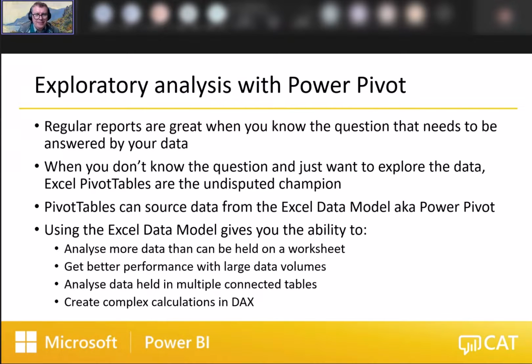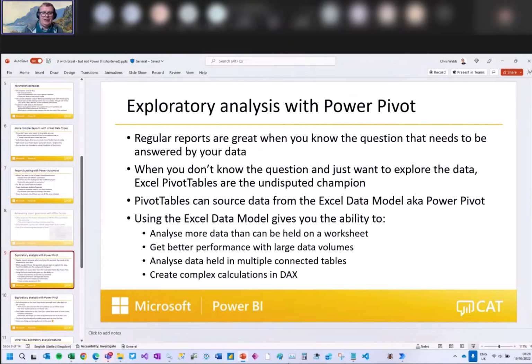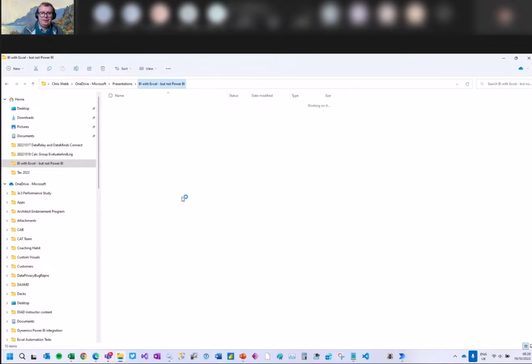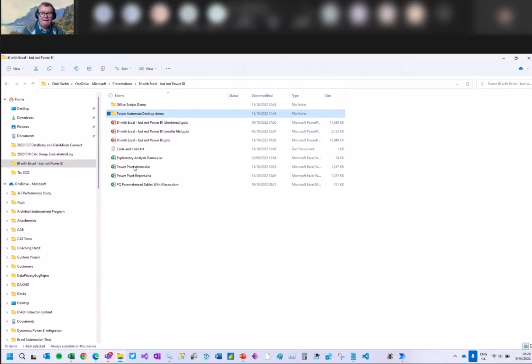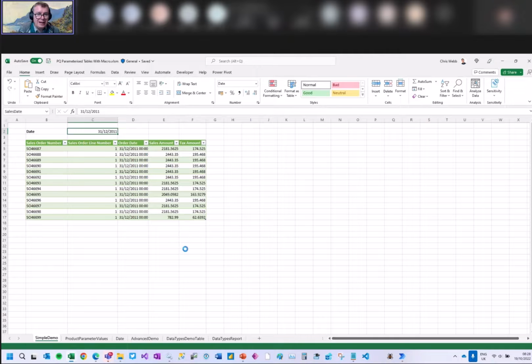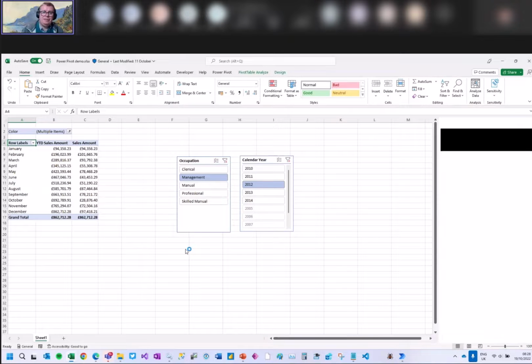So there's probably not anything much interesting and new to mention here. If I go to my Power Pivot demo, what I've done is taken all of the data from that factored net sales table in AdventureWorks, and instead of parameterizing it and only loading a chunk of it, I've loaded all of the data from that entire table into the Excel data model, into Power Pivot, built a pivot table,